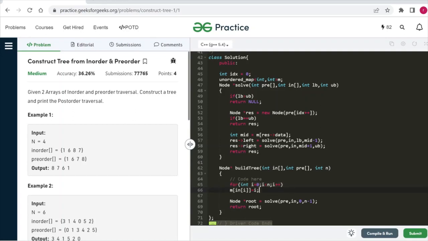So what I have done is I have created the map globally here, an unordered map of type int. The first value will be the in-order array value, and the second will be the index value. So once this is done, our map is ready. Now we will call our function solve. What this function will do is it will create our binary tree, and then